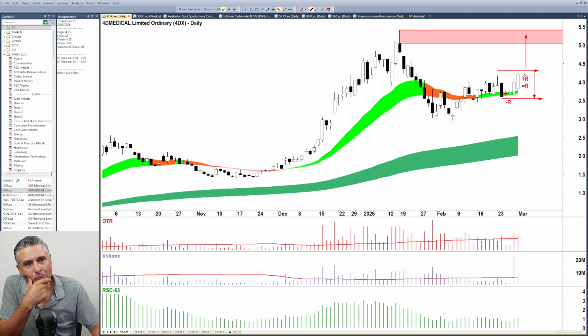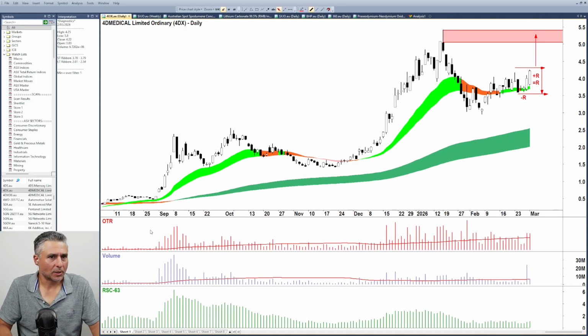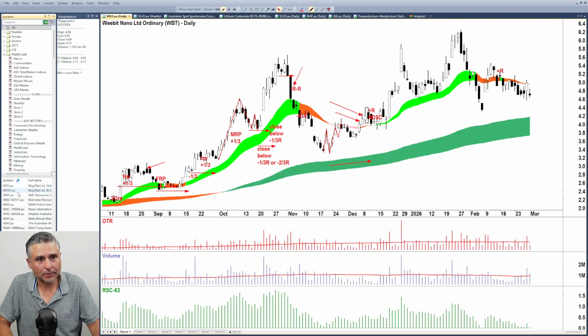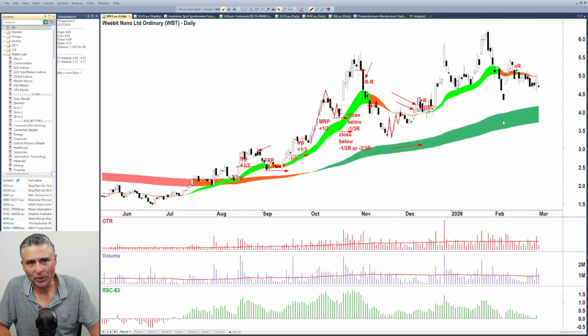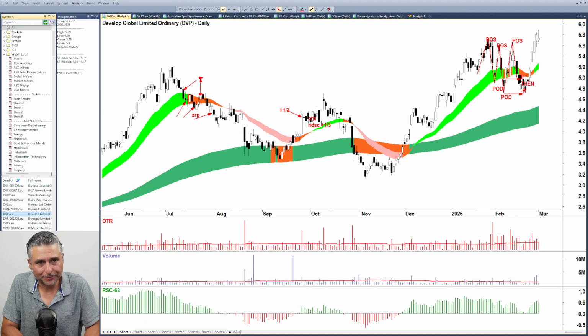So we know that that's our downside, potentially. We know that's our upside. We've got at least one-to-one, so we could take the trade. Let us keep moving to Weebit, which is not looking as good, unfortunately, Mick. I can't really see any reason to be on that one, to be honest. So I won't spend any more time on it. And I shouldn't have to explain why to anybody that's listening on a Monday night.